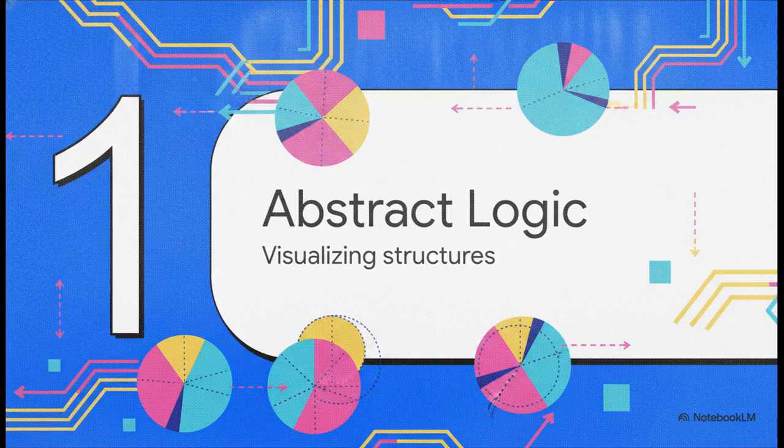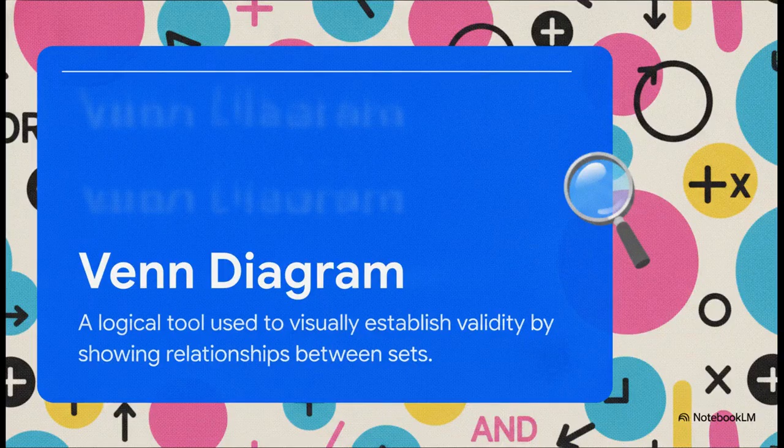All right, let's jump right into Section 1, Visualizing Abstract Logic. So when we talk about a Venn diagram, we're talking about a rigorous logical tool. Its main job: clarifying whether premises actually support a conclusion. It does this by showing the exact boundaries and relationships between different sets of info, basically creating a physical map